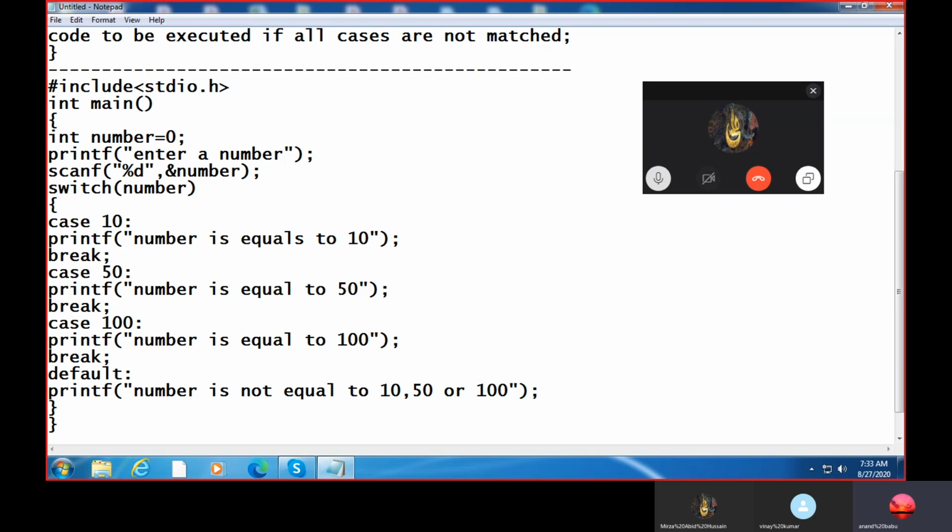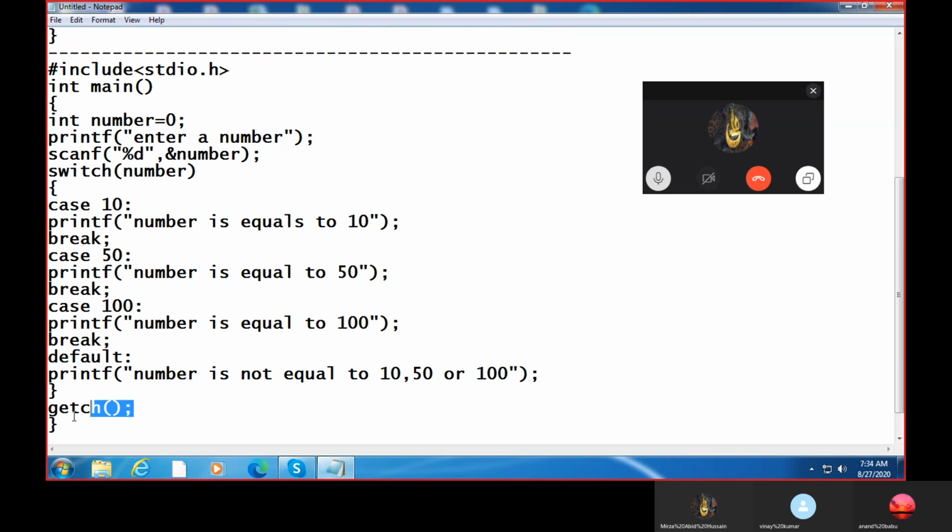You should write all those things. At the last, getch. If it is end to end, you should write return 0. If you write int main, you should return something at the end of the program.